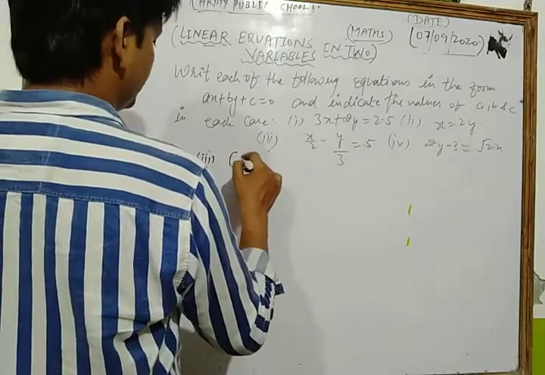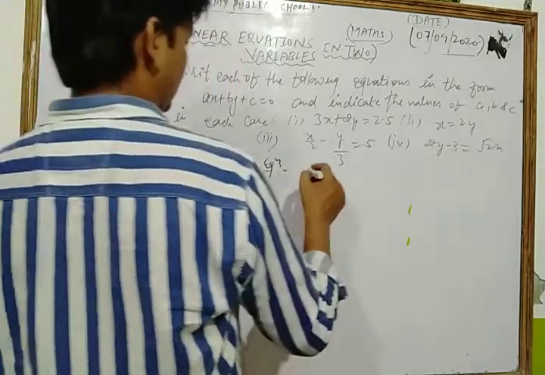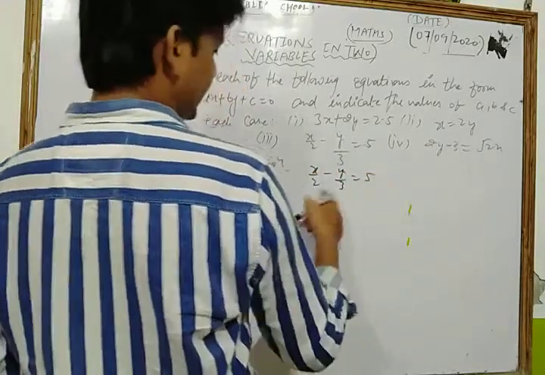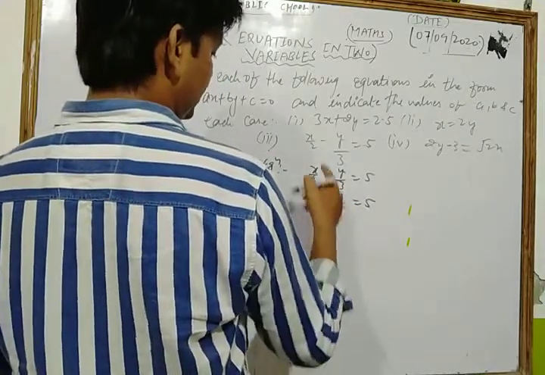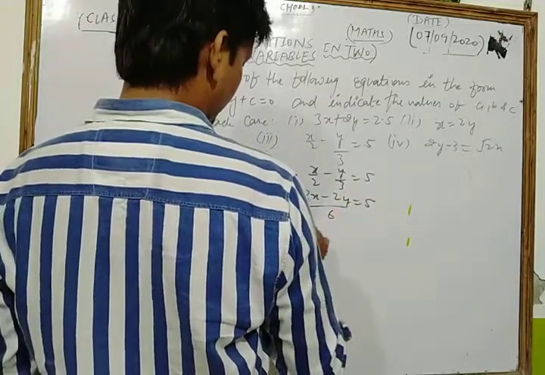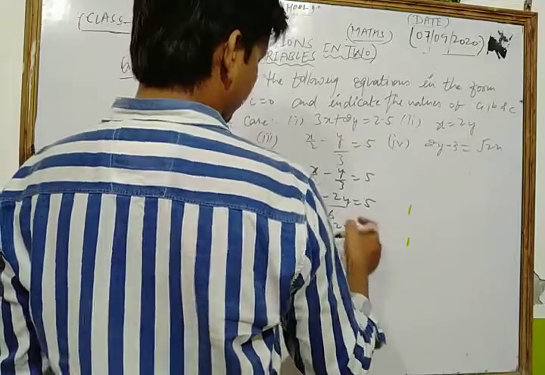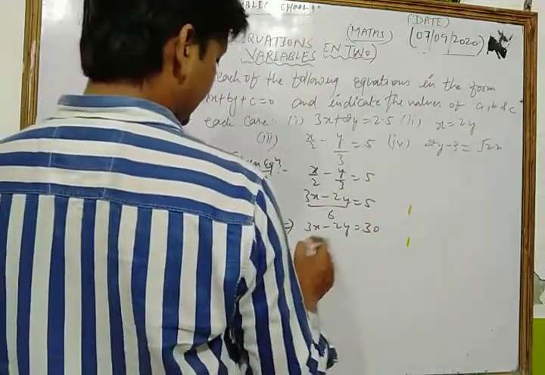First of all, given the equation x/2 ... First of all, we take the LCM and solve it. Simplify them: 3 times 2 is 6, 2 times 3 is 3x, 3 times 2 is 2y. So we get 6 times 5 is 30. Now this equation we can also write as